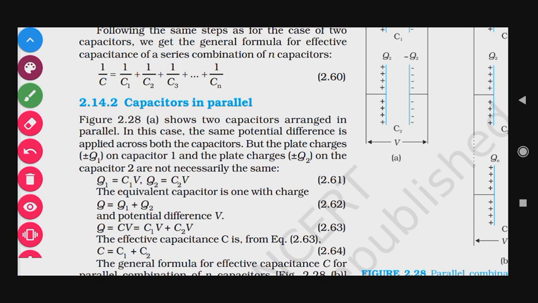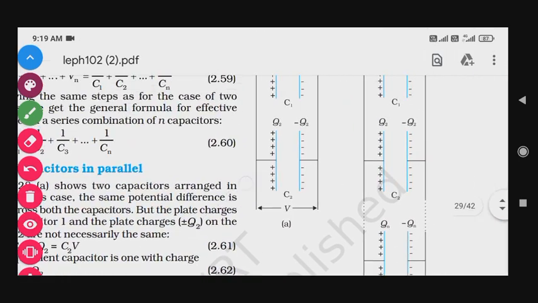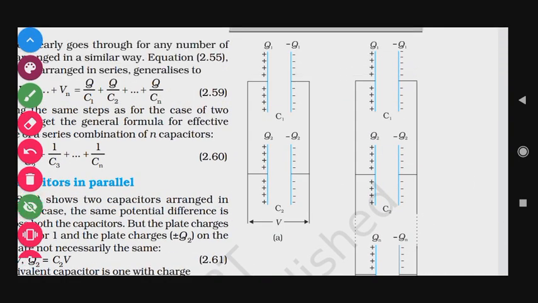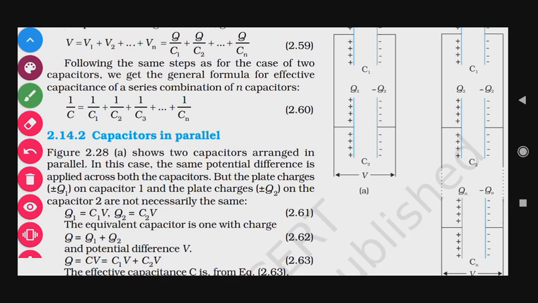In my previous videos I explained capacitors in series. We saw that when we connect one end of the capacitor together and the other end is free or connected to a battery, that is the series combination. But in a parallel combination, we connect both ends of the capacitors together. You see from the figure, I connect this end of the capacitor and this end of the capacitor, and similarly these ends are connected, and this will connect to the battery. This is a parallel combination. So we'll derive the equivalent capacitance of a parallel combination of capacitors. So let's start.